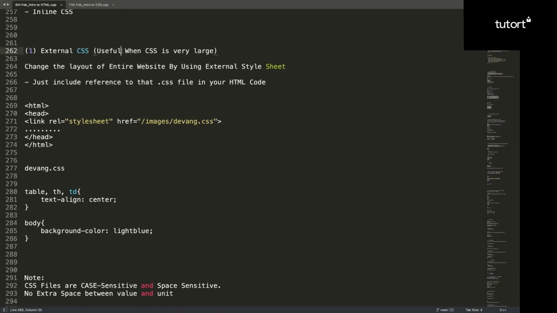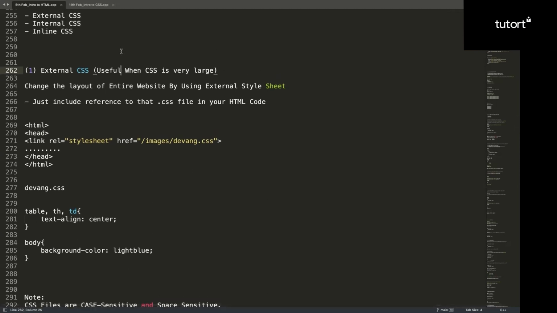What do you mean by external CSS? It is useful when CSS is very large. For example, multiple web pages are there and CSS involves many properties. It doesn't make sense to use it as inline or internal CSS. Then you can store it in a .css file externally and you can call it there. It just includes the reference to that .css file,